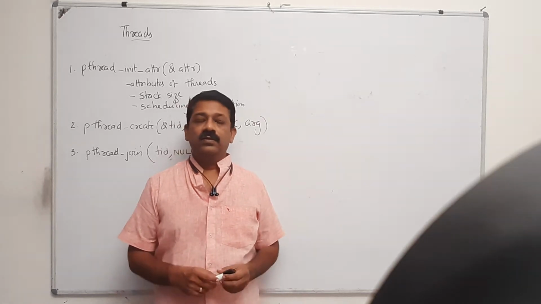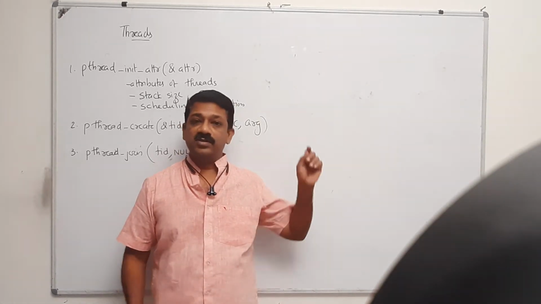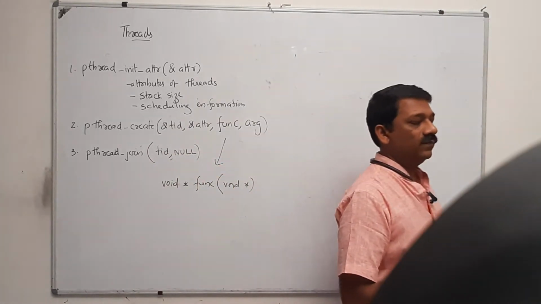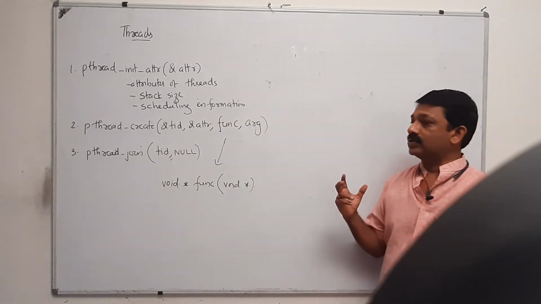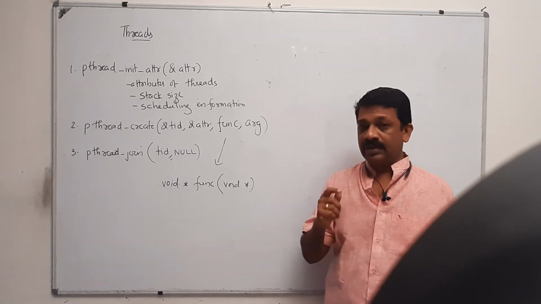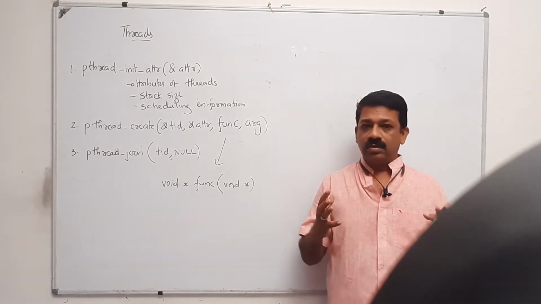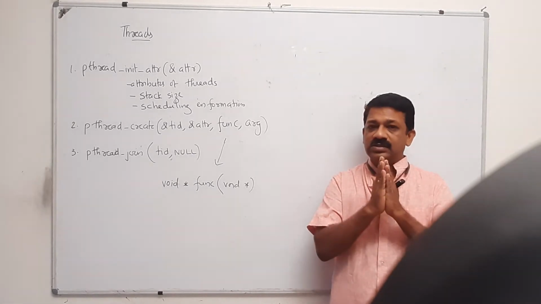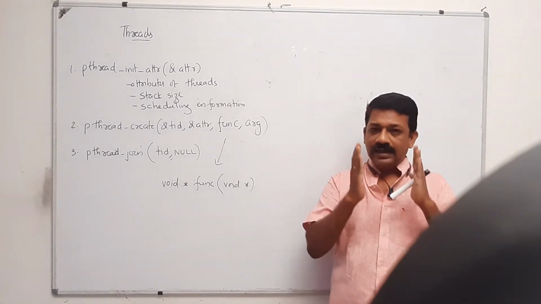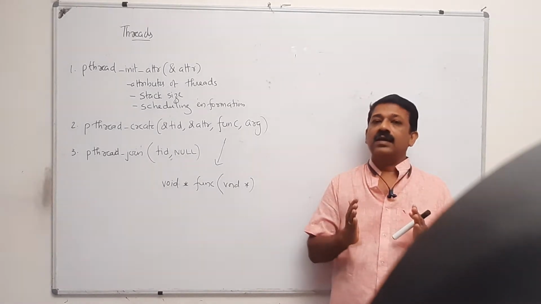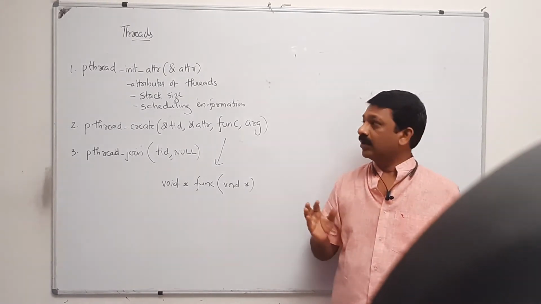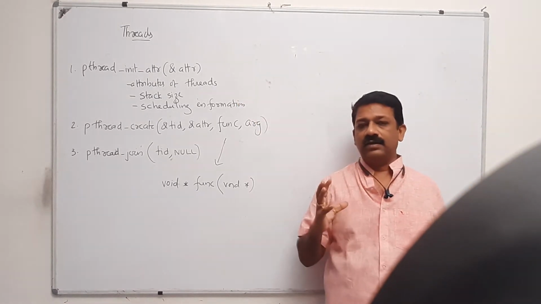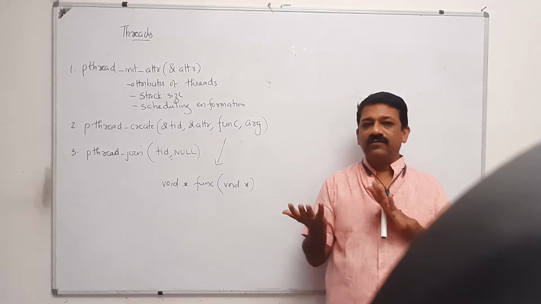Good morning. Today we are going to discuss the concept of threads. In one of our previous classes, we discussed what we mean by a process. A process is a program in execution, and using fork, we can create a new process. That means a process has a data area, stack area, and code area. But if you are creating a thread, a thread is a lightweight process.